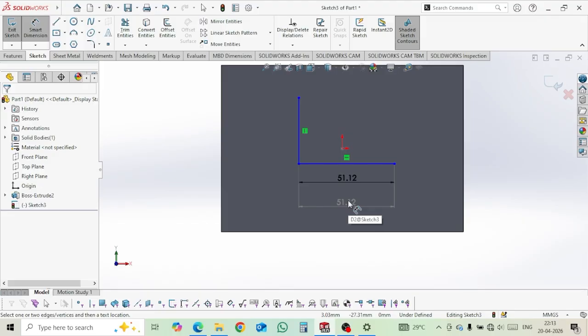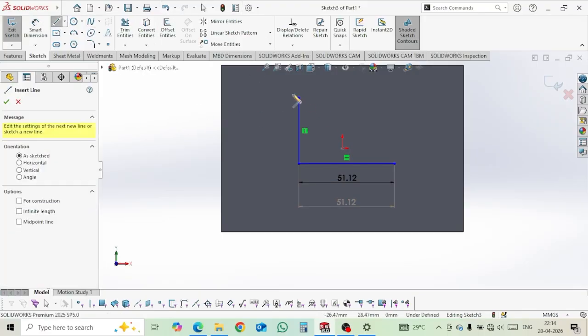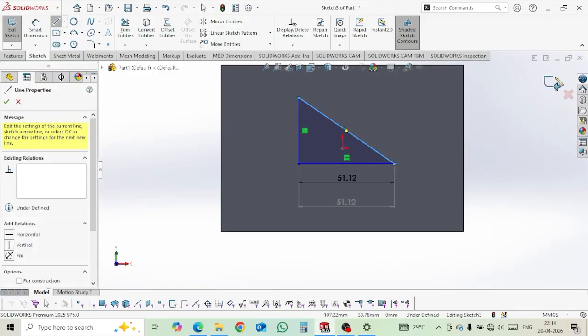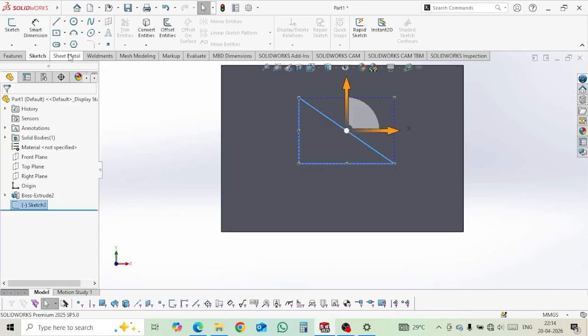Now we see that while doing solid modeling, we see that,